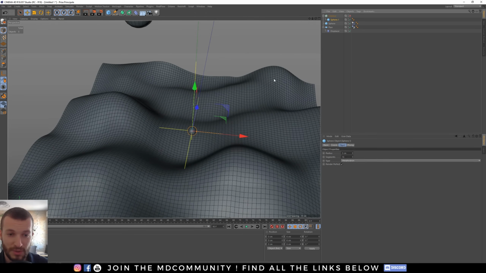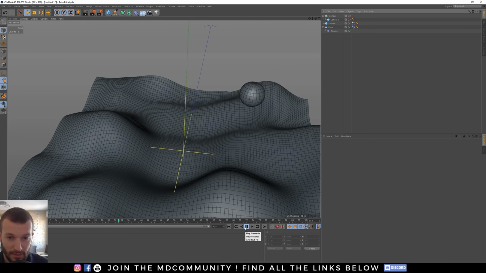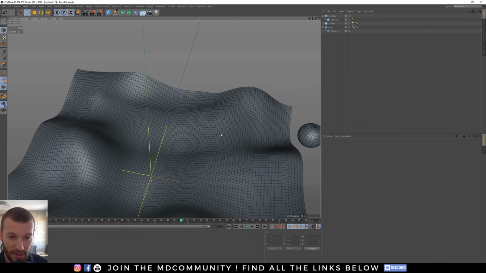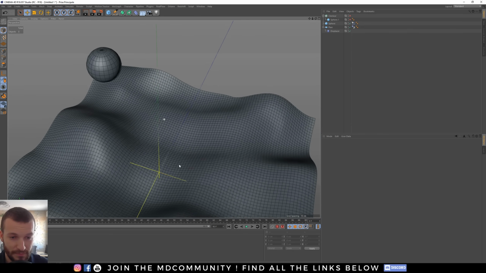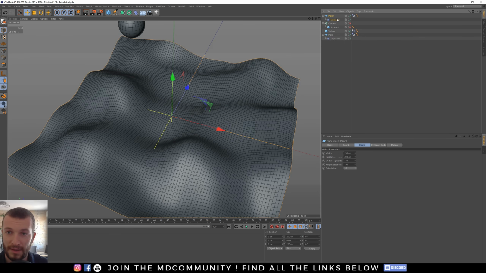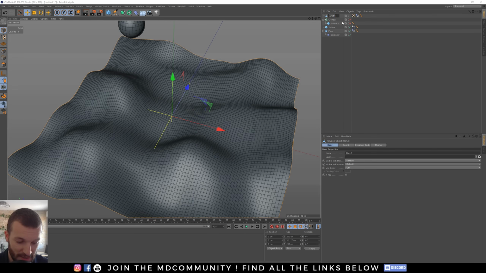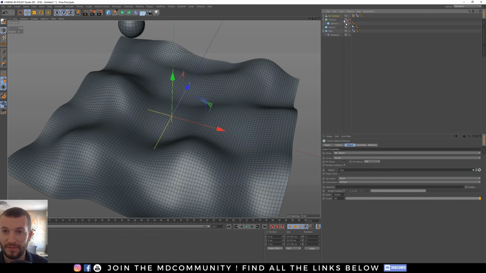Now I want to look at where my focal point for the camera is. So the sphere is going that way. It's perfect. So I don't need all of this part. I will duplicate my plane. I will select the plane and the displacer, right click, and connect object and delete. I will name it for cloner, and I link this new object for my cloner.